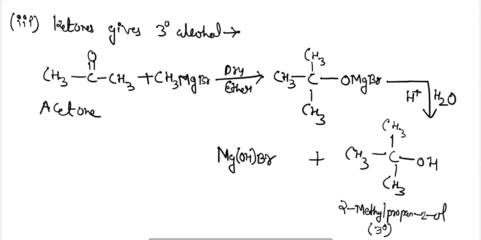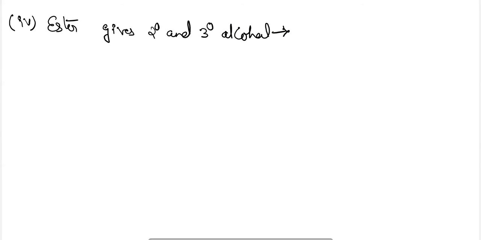Next is the reaction of ester with Grignard reagent. Esters give 2-degree and 3-degree alcohols when reacted with Grignard reagent. Ester can also be converted into alcohol by treating with a suitable Grignard reagent. Secondary alcohol can be prepared by addition of a suitable Grignard reagent to an ester of formic acid, followed by acid hydrolysis. For example, here we can take an ester